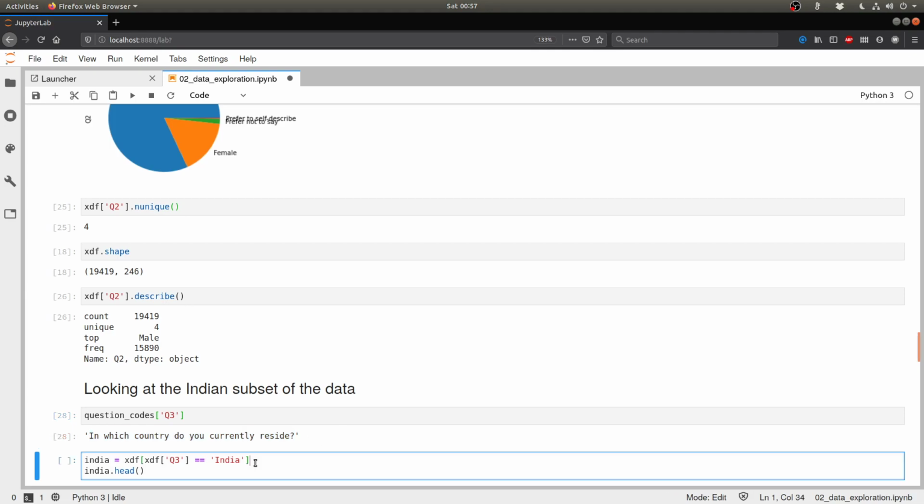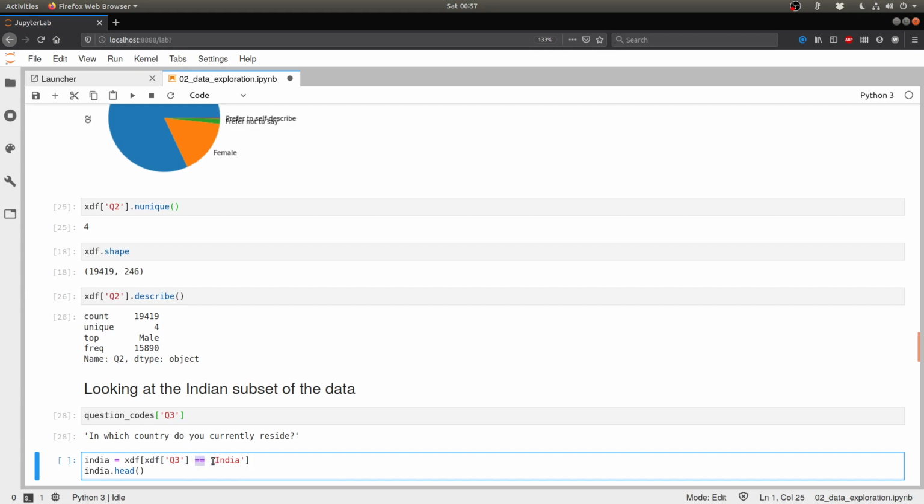So what we're going to do is take that subset of the data, which corresponds to all the Indian respondents. If you remember from the previous exercise, we had performed filtering on the data set which contained marks and attempts of multiple students for a person called Emily. So here we are going to apply the same syntax. We are going to select the column Q3, which is country of residence.